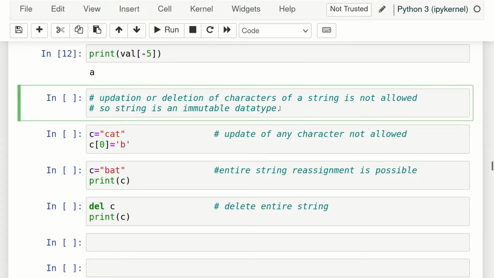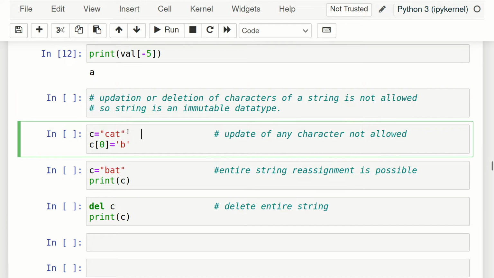Now this question may be asked in interviews. So it is saying that updation or deletion of a character of a string is not allowed. So let us say I have declared a string cat and I have stored this in variable c. Now suppose I want to change this character, and instead of C I want to replace this with B, means I want to update this. So I have to write c[0] = 'B'. So this is the method. I am saying that replace the 0th index of c with B. So instead of C I want B. Now if I run this,